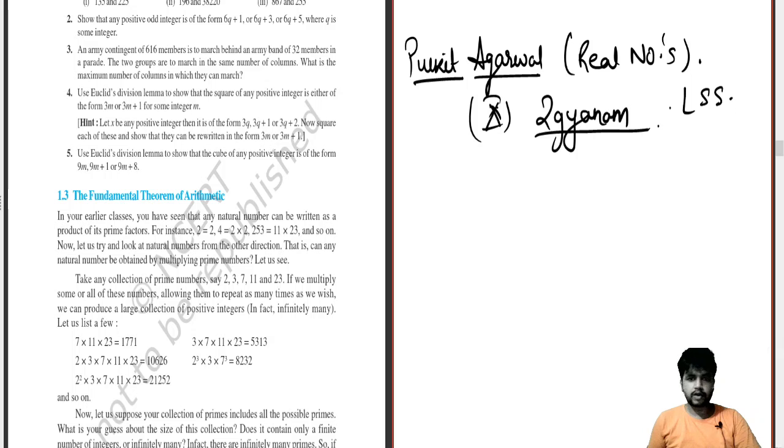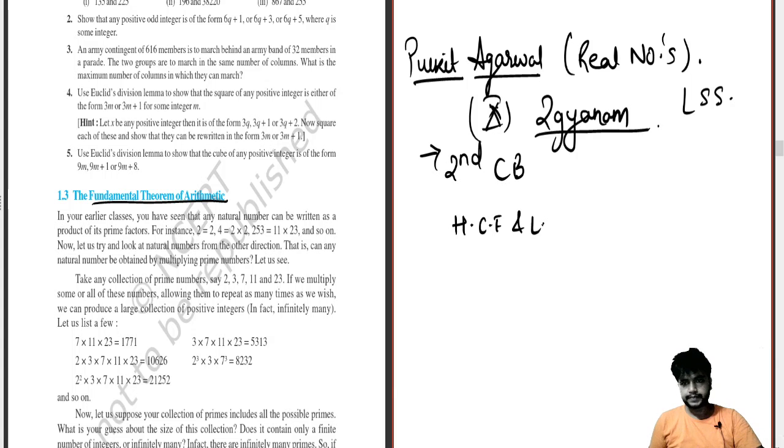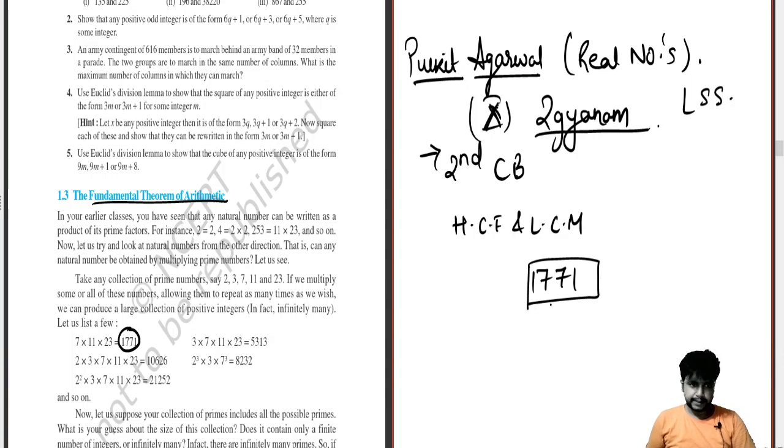Okay, moving on further, we'll move towards the second concept builder of today's chapter, real numbers, where we will be discussing the fundamental theorem of arithmetic. Basically you can relate this to the concepts of HCF and LCM in a broader way, writing it in a very different pattern. So let's see over here. If you want to write 1771 in a very unique, new way,